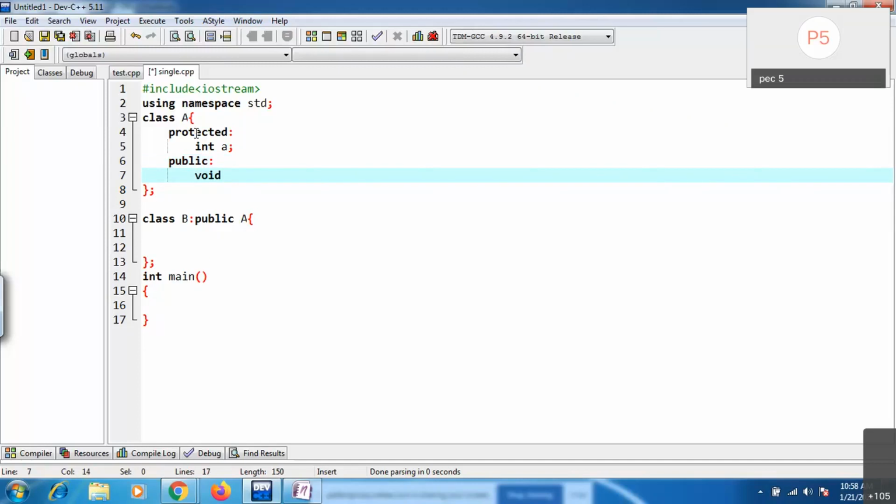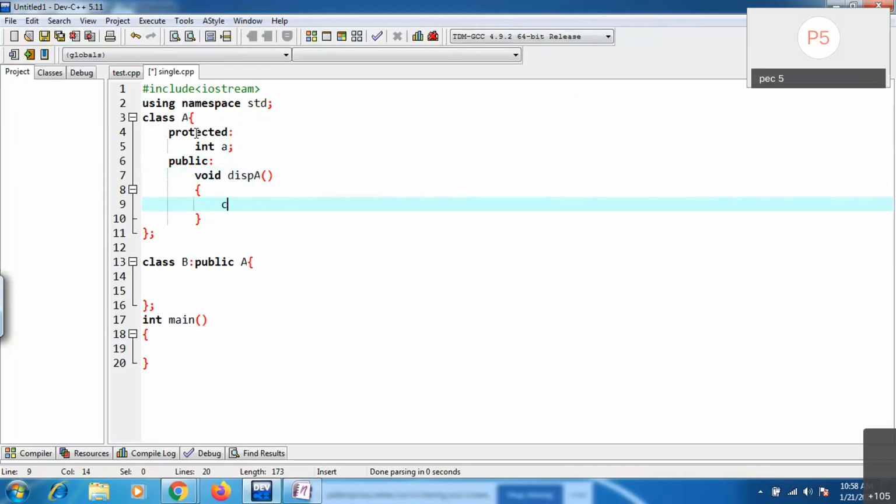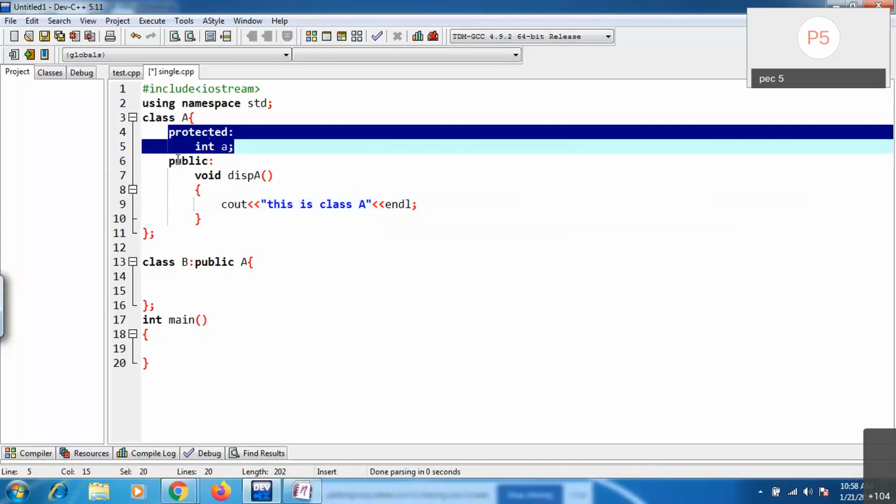Public void display A. I'm just displaying a function name, or else just print some message. This is class A. Now you have protected members and public members.